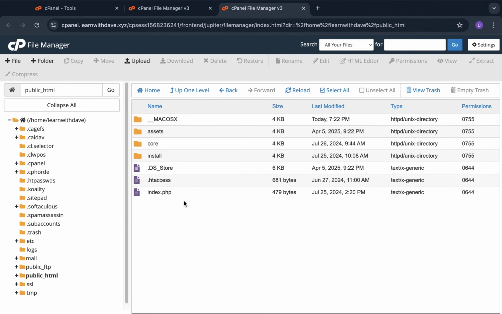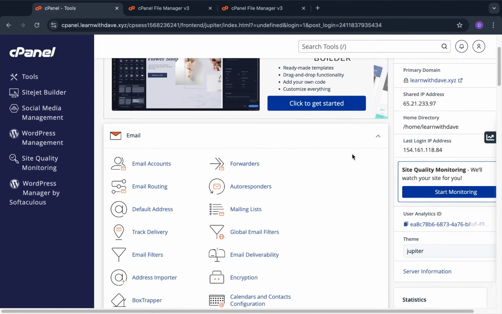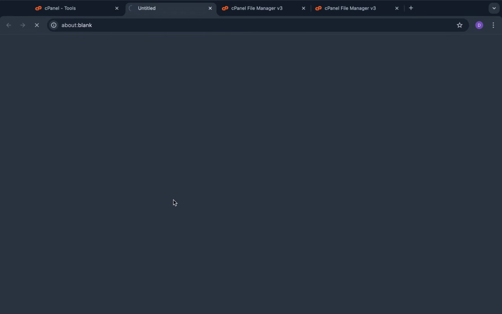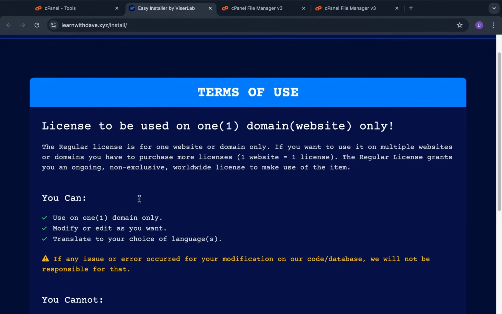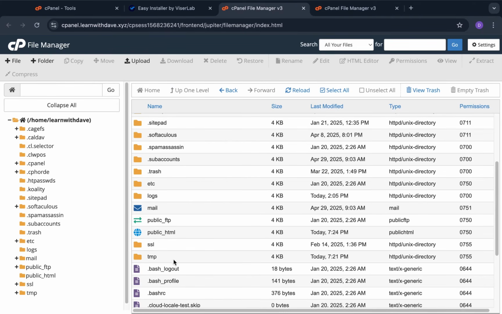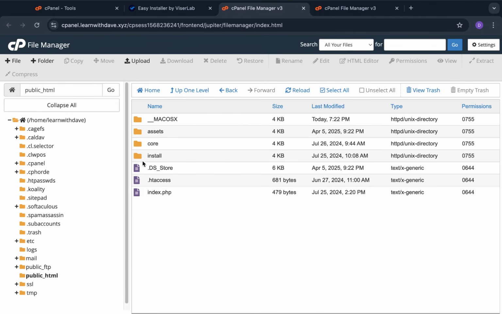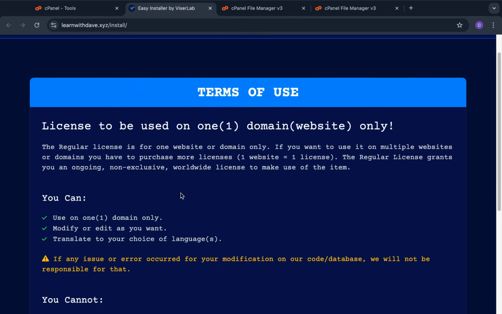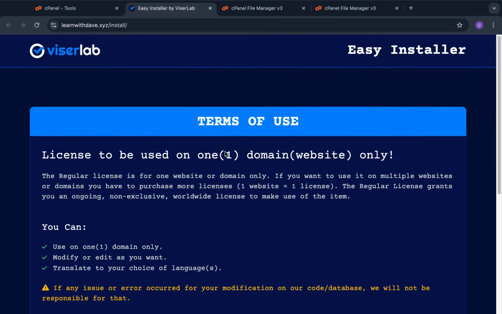Now that our files reside in our public_html folder or directory, what I'm going to do is visit our domain and see what we have on our domain. So go ahead and click on your domain, and as you can see, we are redirected to the installer. Okay, and if you return to the public_html, you see we have an installer, or an install, as part of the files. Okay, so this is what carries out the installation process of your script. Let's return to our installer window,